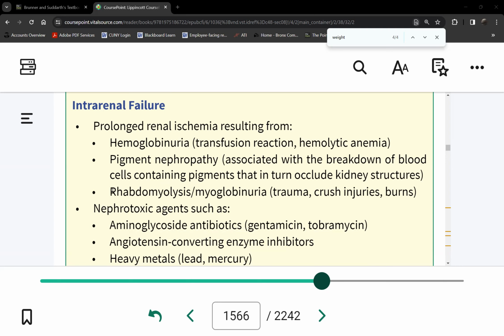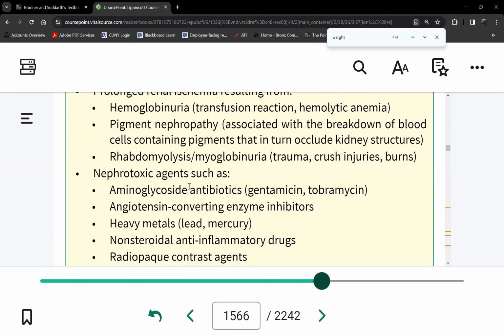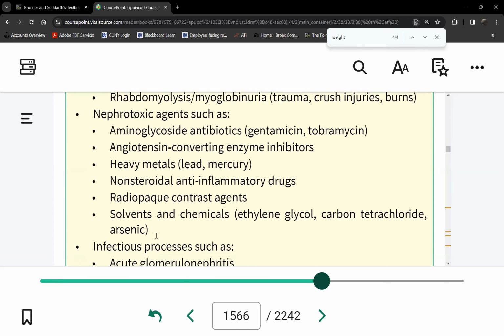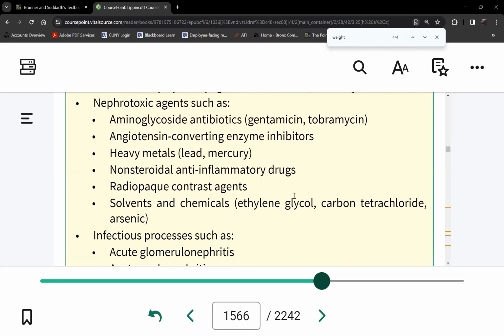Rhabdo, you know what is rhabdo? Okay, right. So this is destruction of muscle, caused by trauma, crush injuries, or burns. Medications. So you have nephrotoxic agents from these antibiotics here, from contrast agents, for instance, IV iodine. Then we have NSAIDs, or heavy metals. Okay, so chemicals,